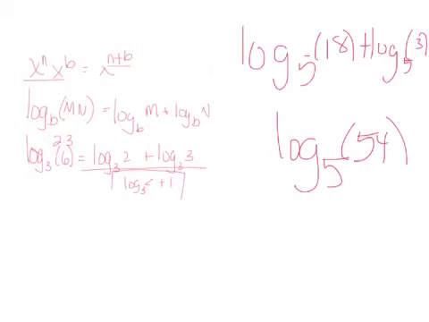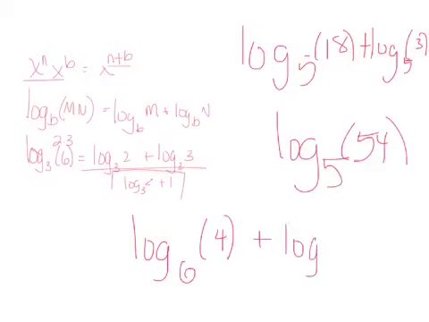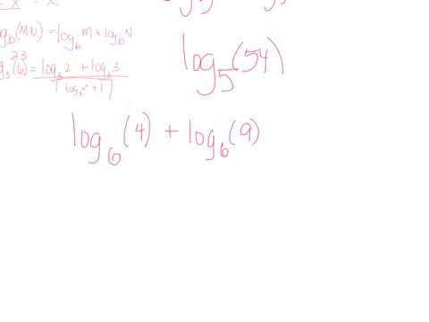Okay? This example is not in your notes, but you might want to use it. This would be an interesting one. Log base 6 of 4 plus log base 6 of 9. This is not in your notes. But if I were to put this together using the product rule, the 4 and the 9 would multiply, right? So if the 4 and the 9 are multiplying, that would give me log base 6 of